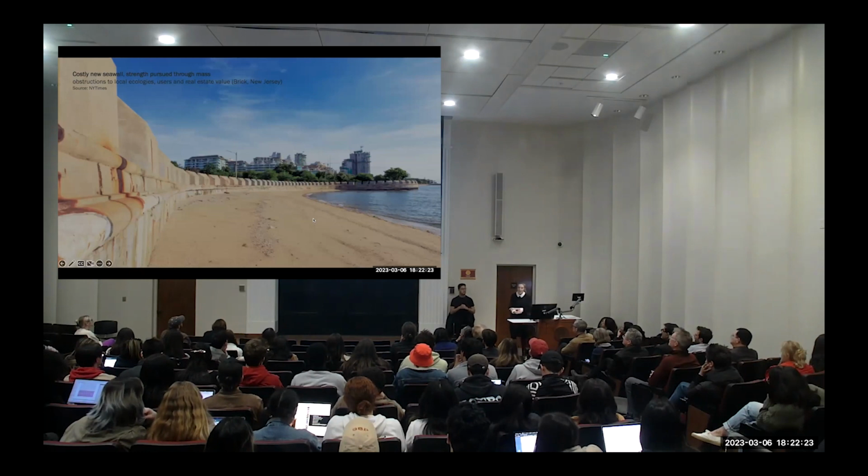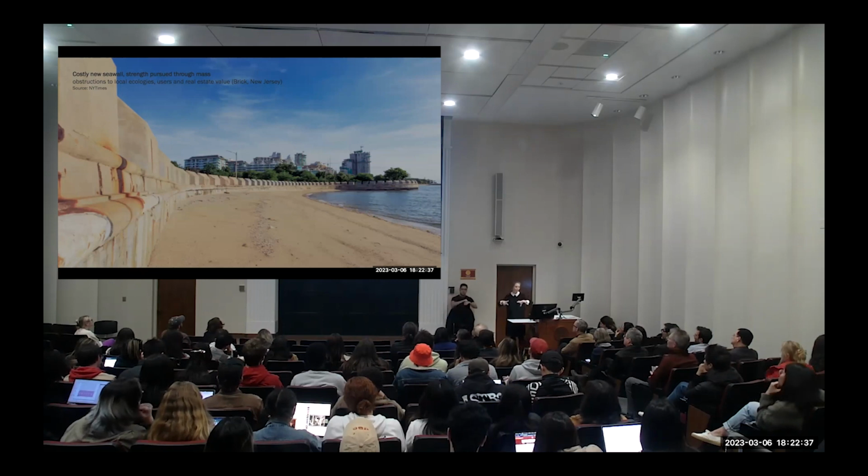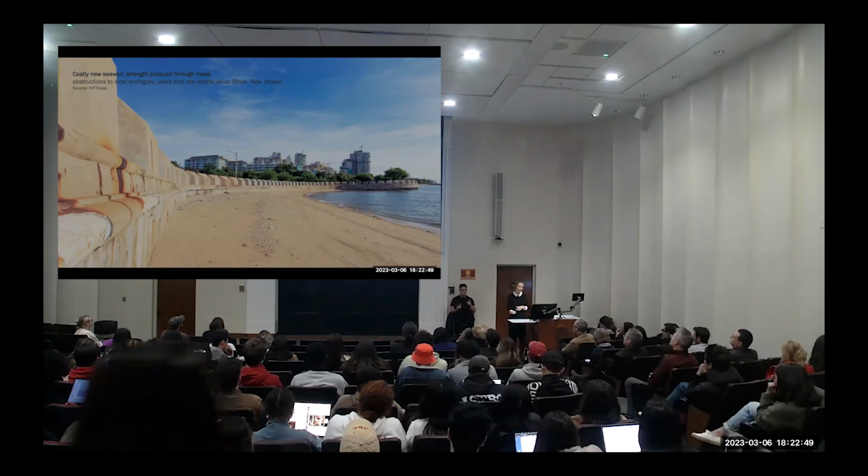other cases, like this one here, this is Sea Bright. It is also a town in New Jersey. Their solution was to build a big stone wall. The idea here is that if you put a lot of stones, the stones will stop the force of the hurricane. Of course, what does it bring along is that you cannot actually go on the beach anymore. Also, animals cannot really go from the sea onto the land, and your real estate value goes down.